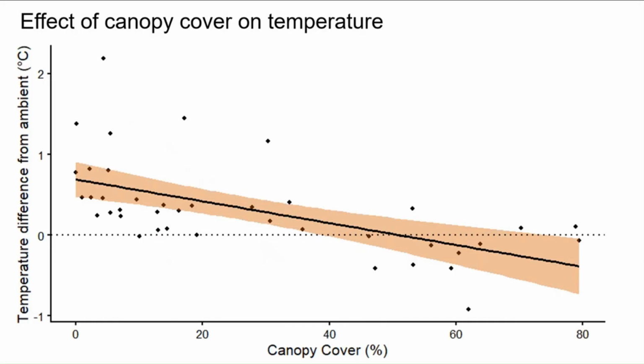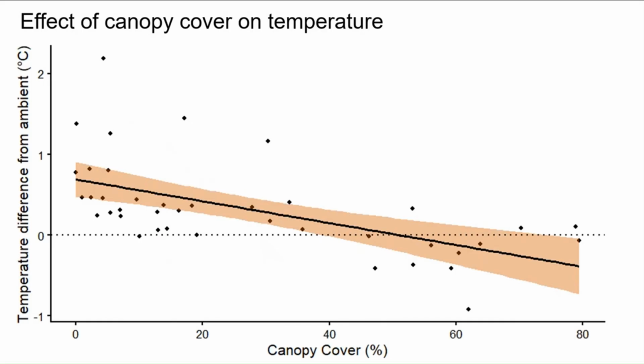You can see in the open pavement, it's above that dotted line. Generally limestone pavements are a warm microclimate because of the heat radiating off the rock. Then as you get to more dense canopy, they become a cool microclimate. This is exactly what I'd expected to see, that as you get this increase in tree cover, you're seeing cooler microclimates, which could have effects on the plant community, but also